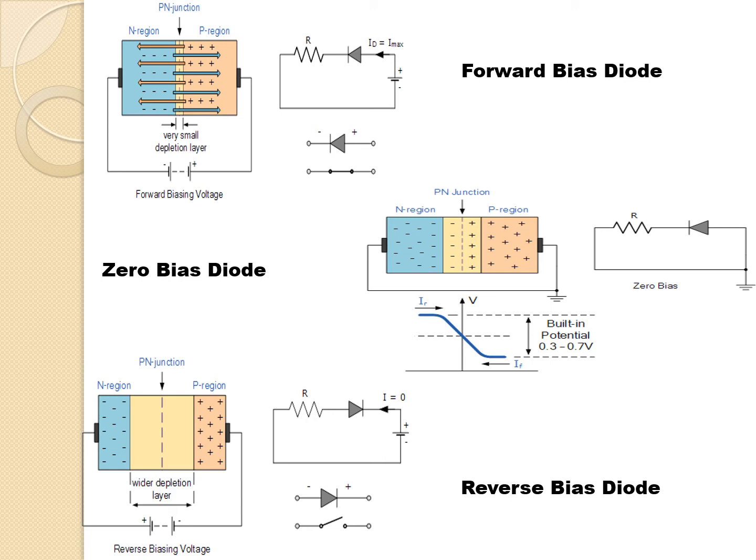Then coming to the next diagram, that is the reverse biased diode. You can see in the diagram the positive terminal of the battery is connected to the N region and the negative terminal of the battery is connected to the P region, and therefore the electrons from the N region are attracted towards the positive terminal of the battery, and the holes in the P region are attracted towards the negative terminal of the battery, and therefore the width of the depletion region goes on increasing. So here the PN junction diode acts as an insulator, which can be considered as an open switch, whereas the forward bias diode is considered as a closed switch.